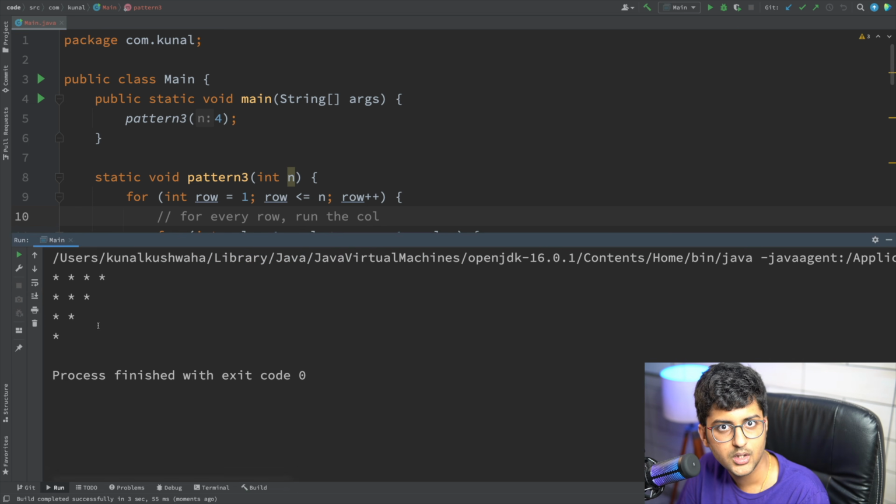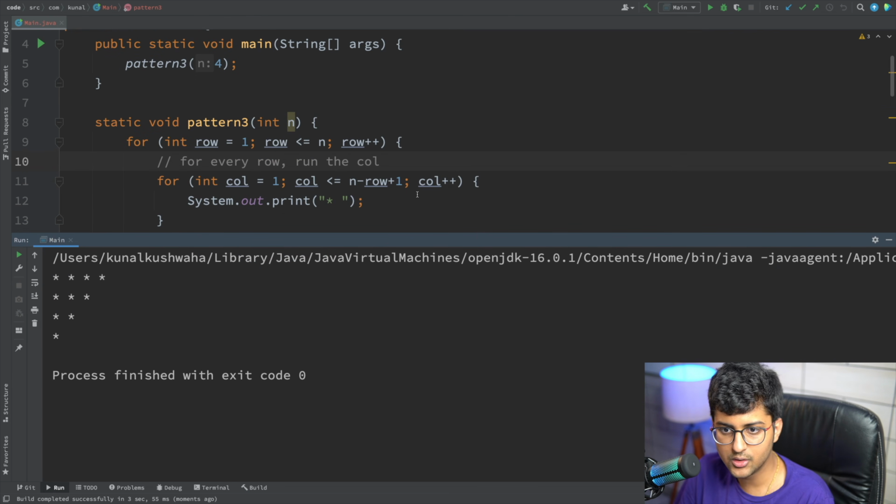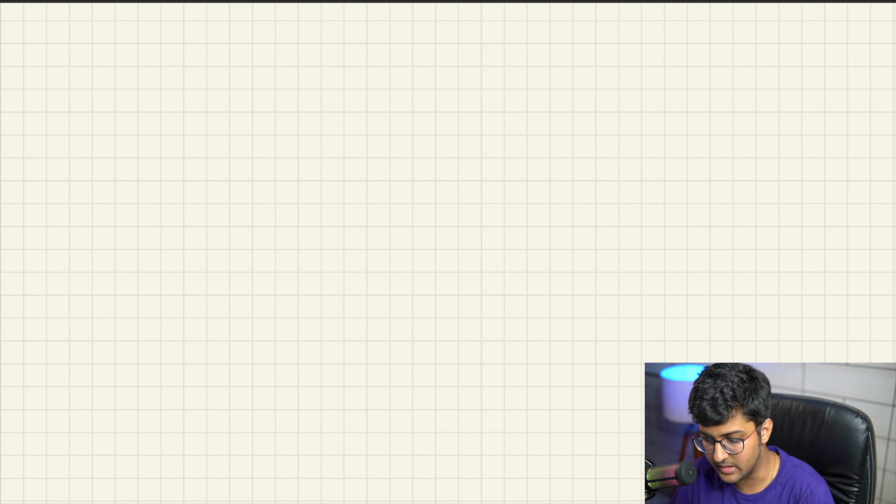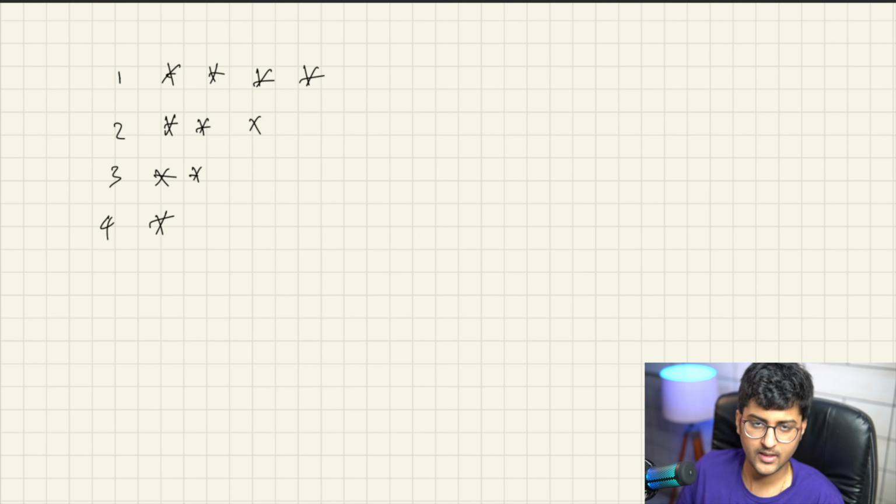Simple stuff. Why? Think about it. So let's try to discuss it. Let me bring up my whiteboard. Okay, so try to write it down, and one more hint I can give you in order to solve the problem is to try to write down the row numbers. So for example, 1, 2, 3, 4, row number 1, 2, 3, 4.